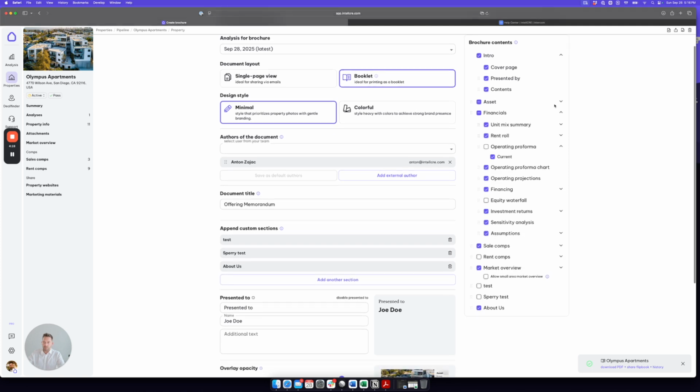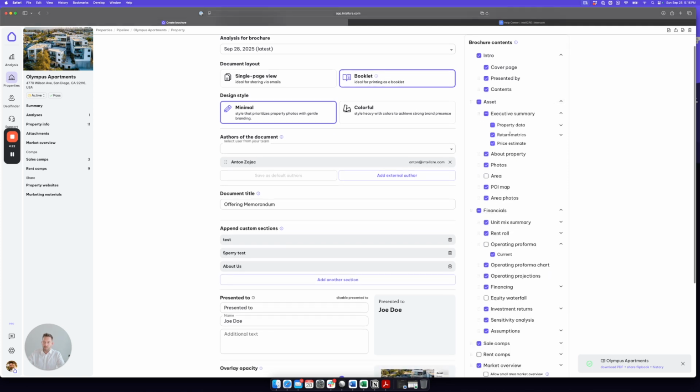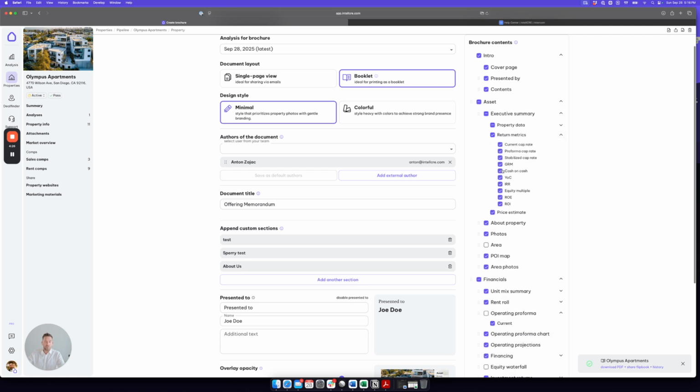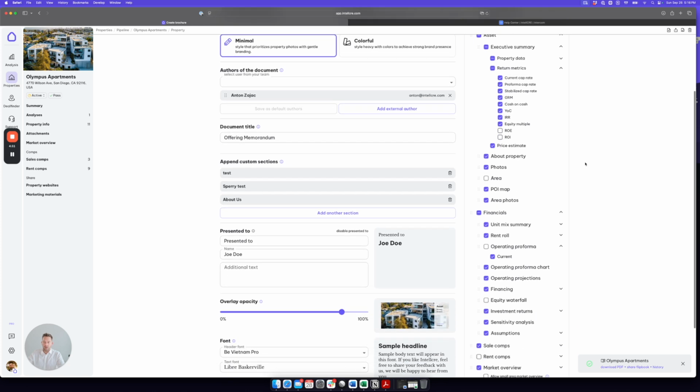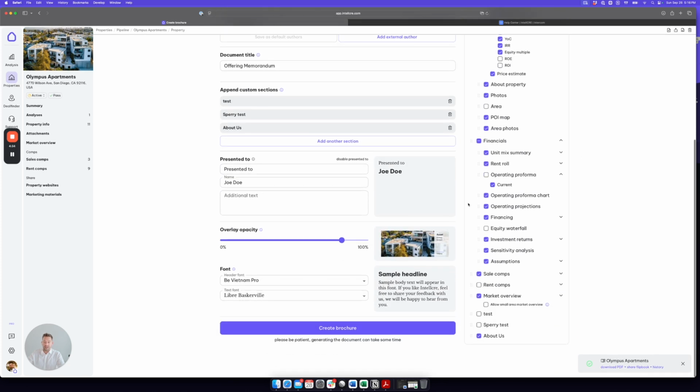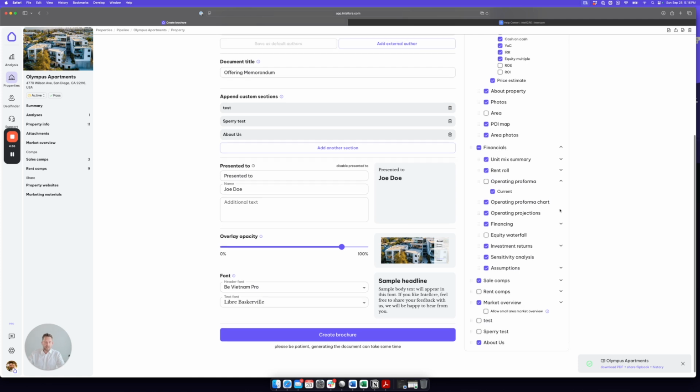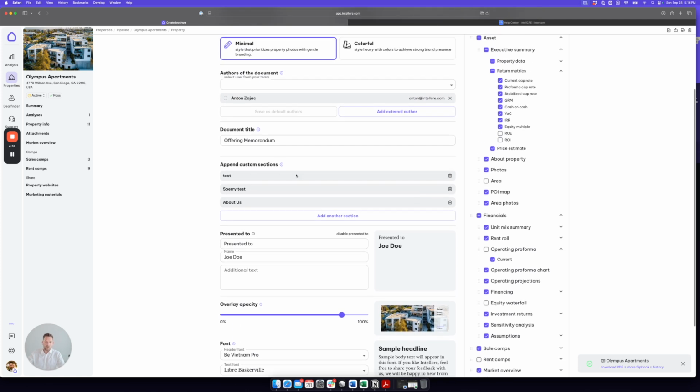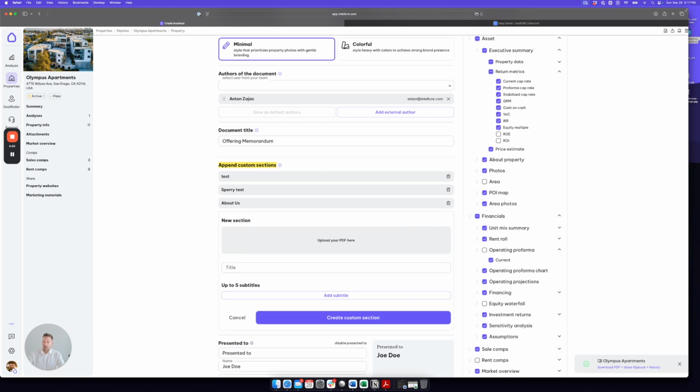So in the financials or in the asset, we can even go as far as looking at the individual data points, and we can choose to exclude some of them as well. Finally, if we want to add custom sections, we will use the append custom sections. And basically, we just click add another section. We upload a